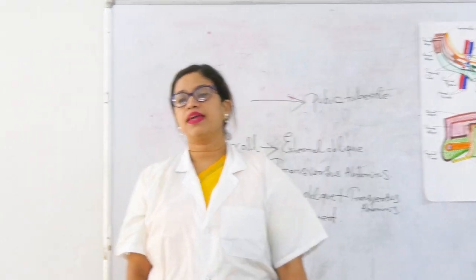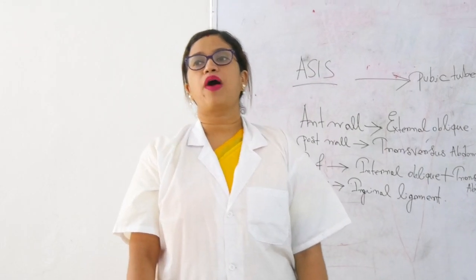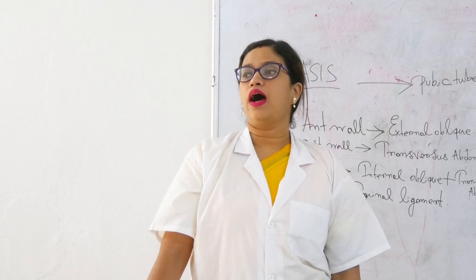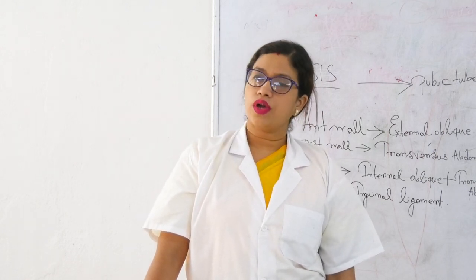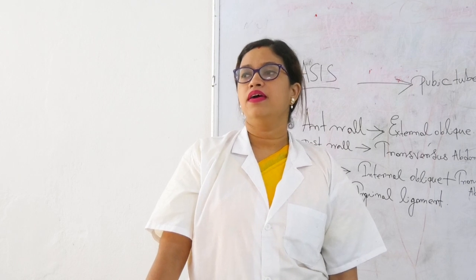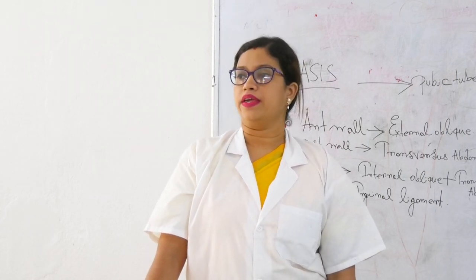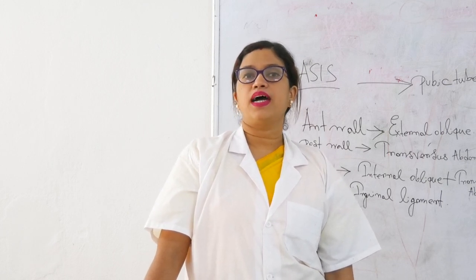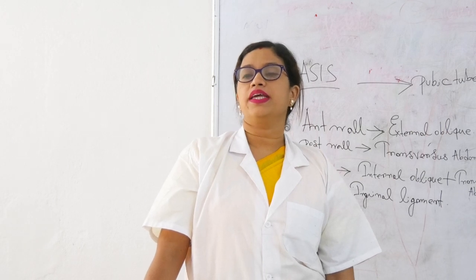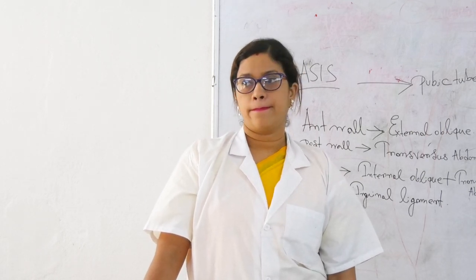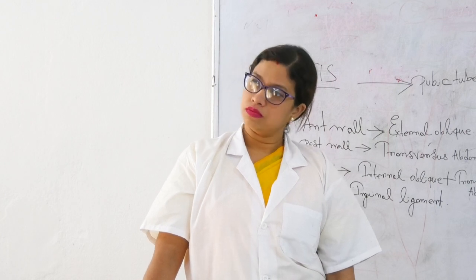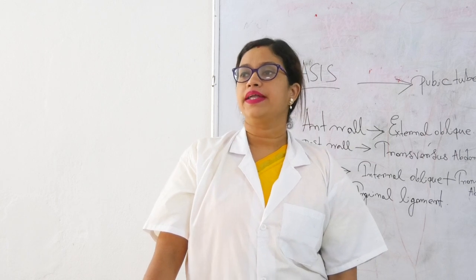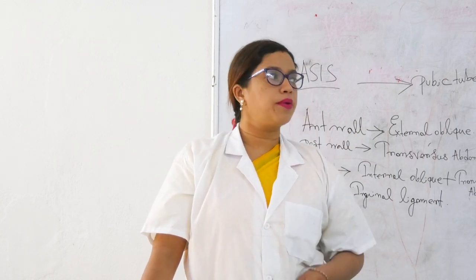In case of male, it is the spermatic cord. In case of female, it is the round ligament of the uterus, or you could say ligamentum teres uteri. What does teres mean? Wherever you get the term teres, T-E-R-E-S, it means round. I told you, round ligament of the uterus. So ligamentum teres uteri. And where else will you find a round ligament?